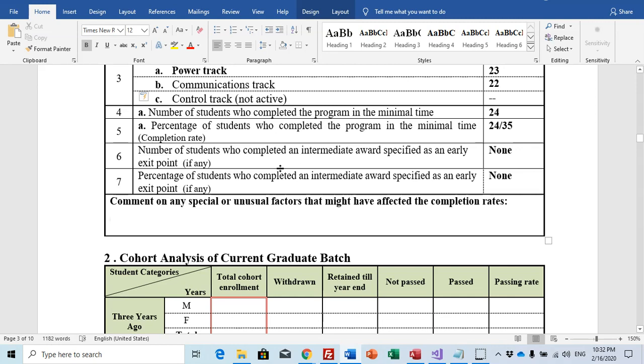If the completion rate is normal, you can write no comments, or the completion rate is within the normal ranges. So this is what we can write here.